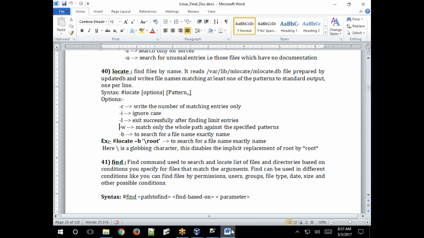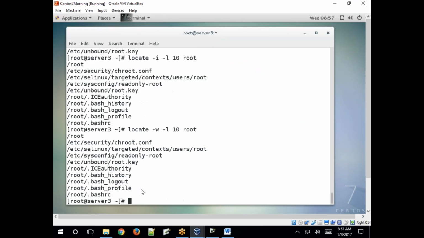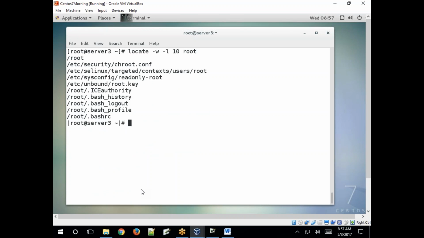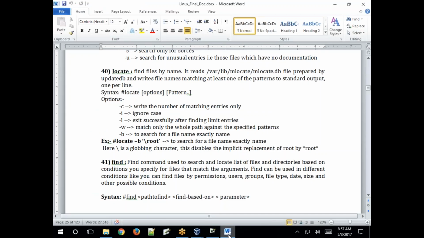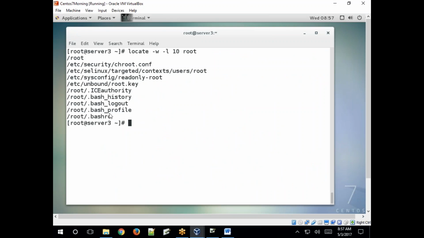So match whole, specified -w. What is this? Whole path, the complete path. Okay, it returns the root directory, everything.